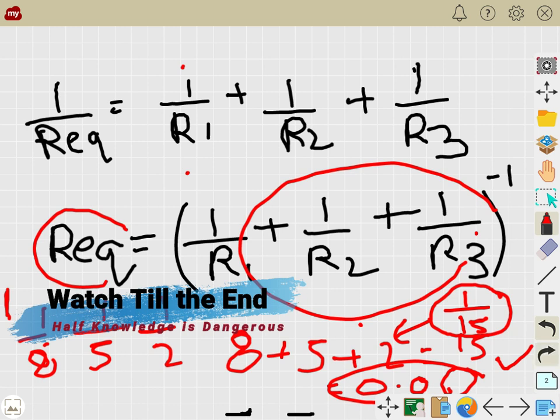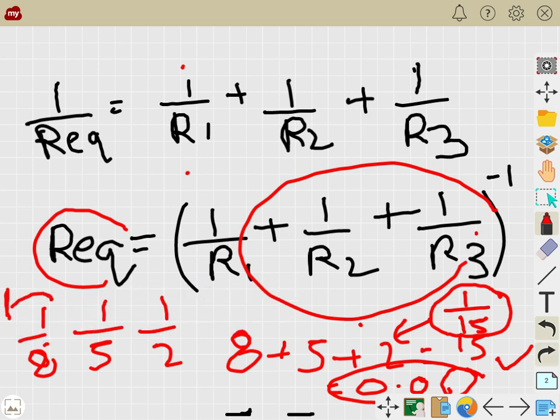But the limitation of this trick is that the numerator should be 1, only then will you get 8, 5, 2 such values for addition. So this was the limitation of the first trick, but let me tell you, there is no limitation for the second trick, as there we can use the calci itself. So now let us see the second trick.